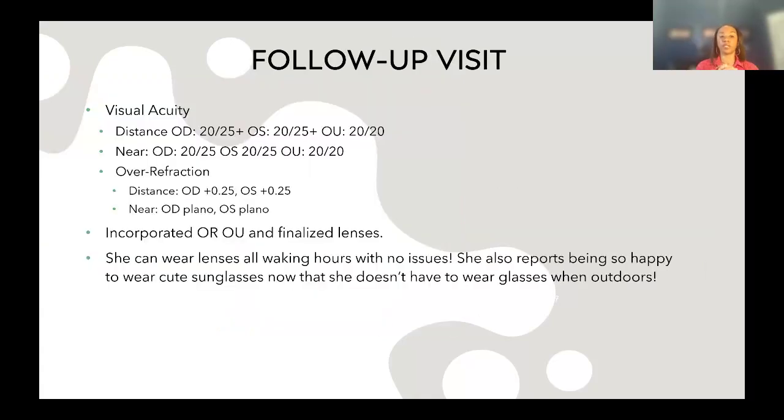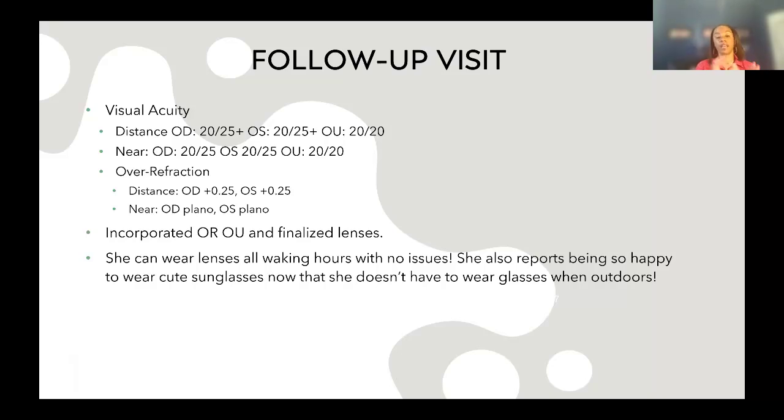Again, at the follow-up visit, the patient was seeing really great, with hardly any over-refraction on the very first lens. So the empirical calculator works beautifully. She's able to wear this lens for all waking hours. She can wear cute sunglasses. She can be athletic. And I've followed this patient for over 3 years now, and she has barely progressed in her myopia,